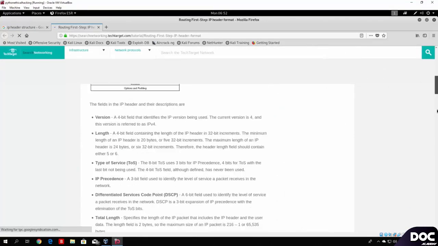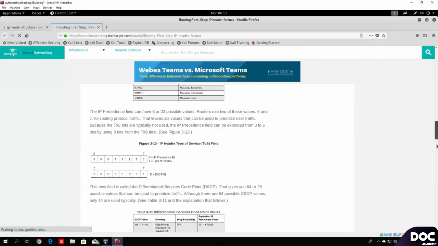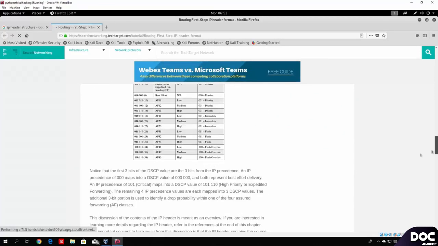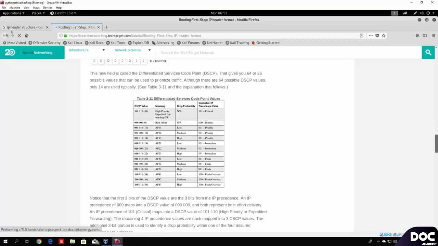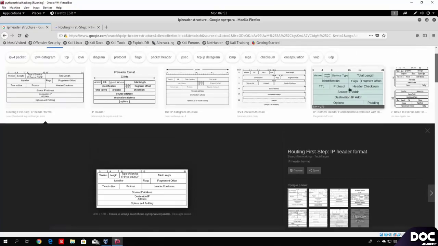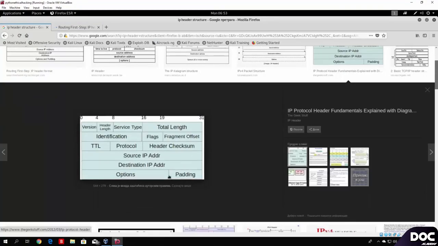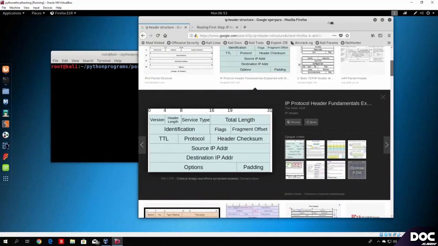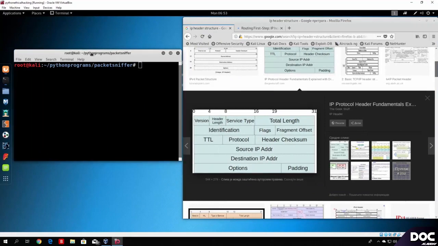That is too small to see. Let me just find if they have a little bit of bigger picture. Maybe this is something useful. Not really. Let me go and find maybe this one. Okay, so you should be able to see something right here. As you can see, if I open up the actual program,